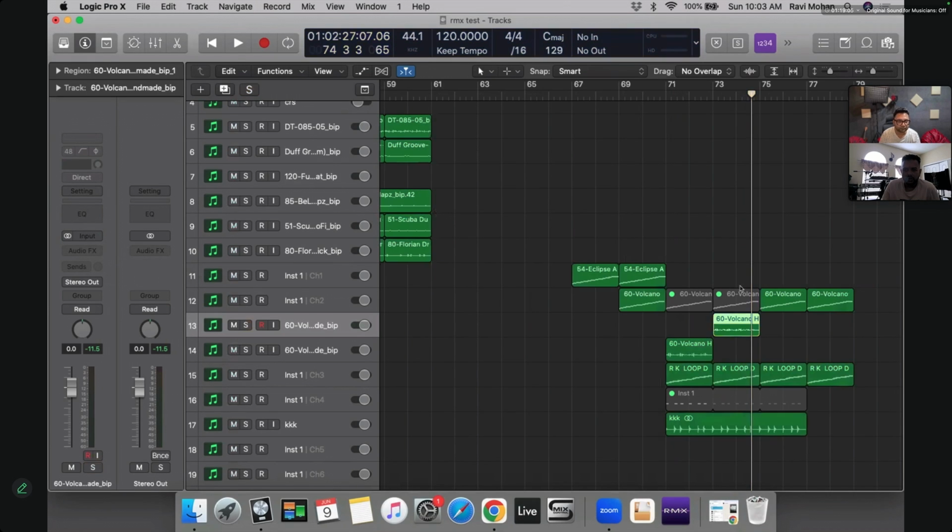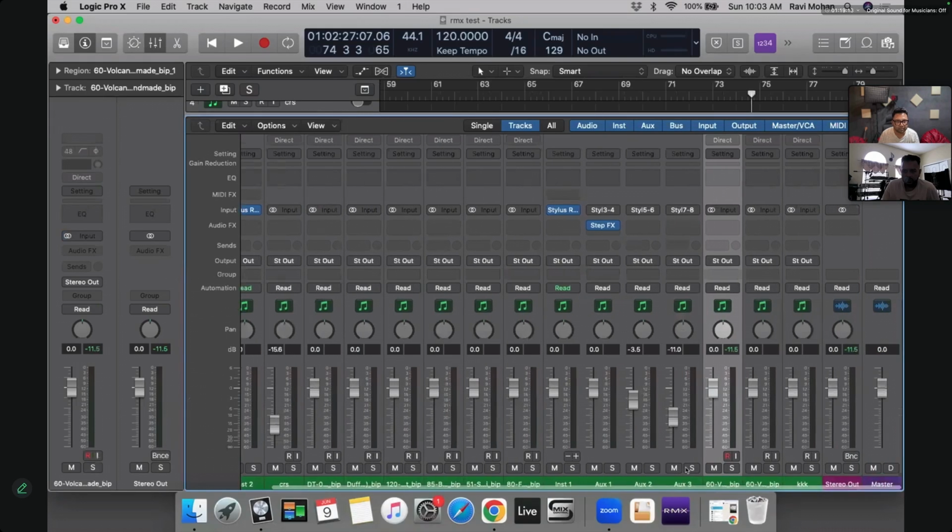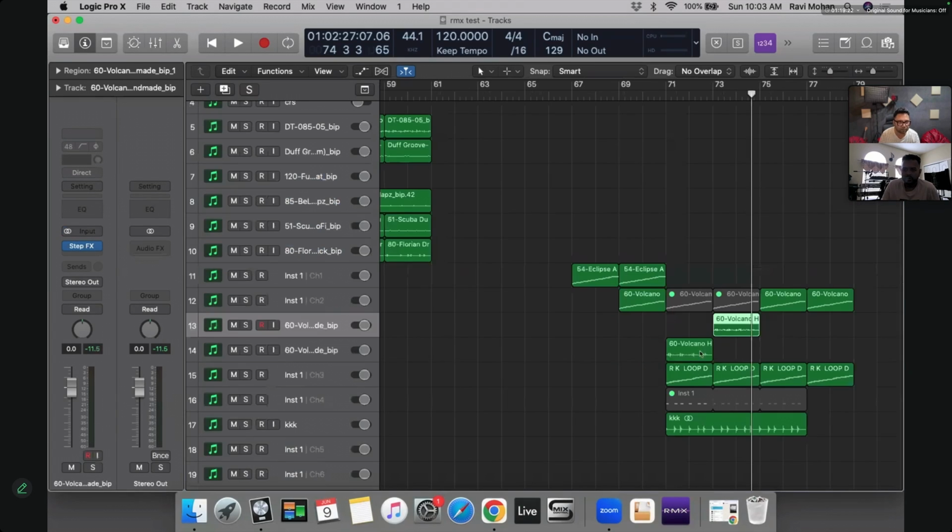But yeah, you get the idea. If you just wanna be sure, like, I don't wanna bounce the effect, is it still sending it out individually from Stylus? No, now it is bounced to audio. You can just mute the MIDI. Now this is still the same thing. You have the effects.